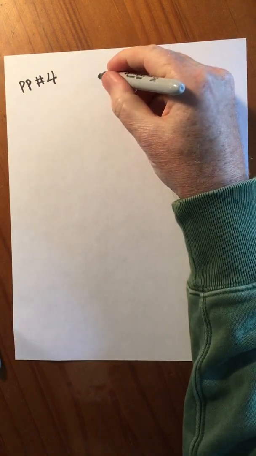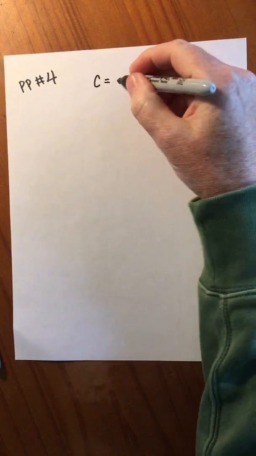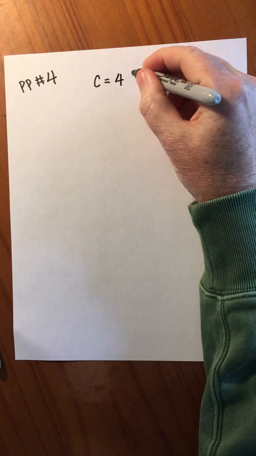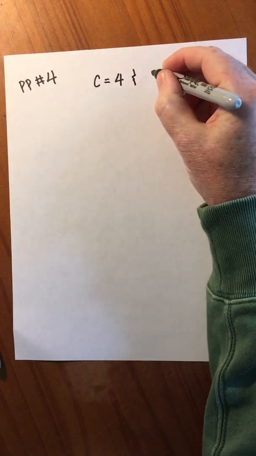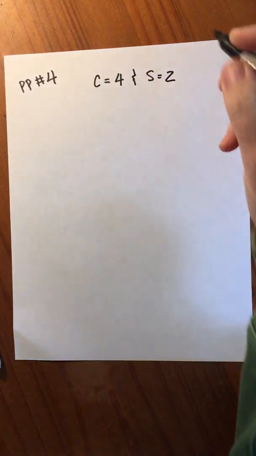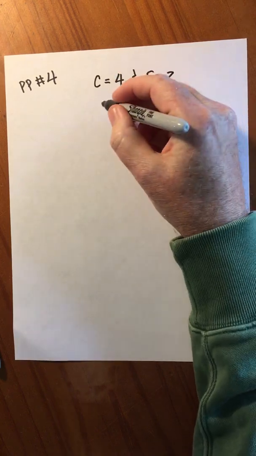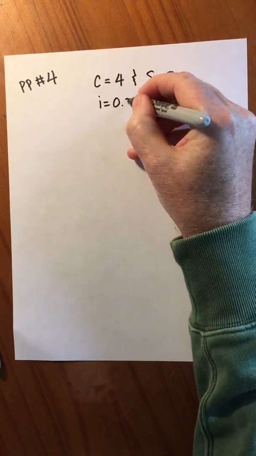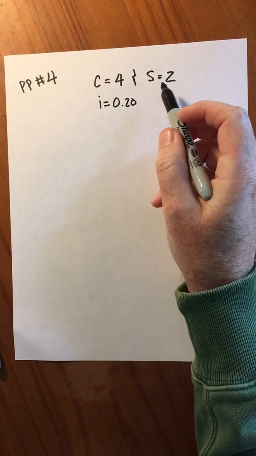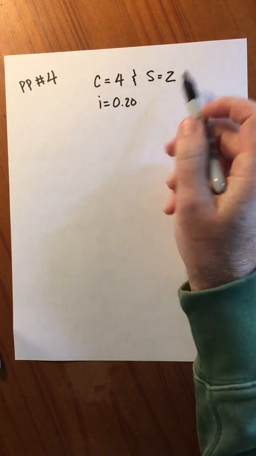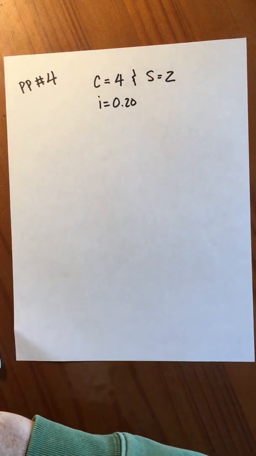In this video, we're looking at practice problem number 4 now from the second lecture. In practice problem 4, we're trying to calculate the total benefit or payoff the household gets when they make a decision to consume $4 and save $2. So the idea here is, given an interest rate, in this case 20%, the household is